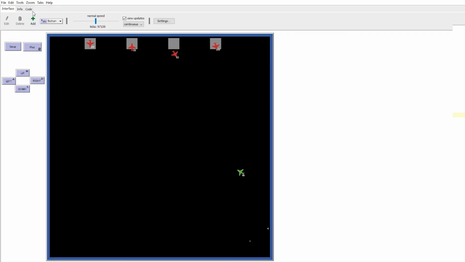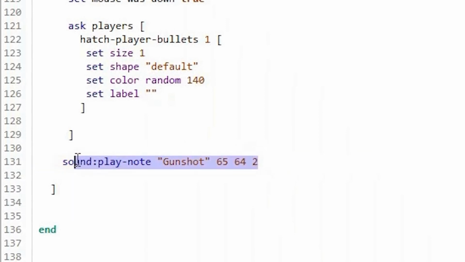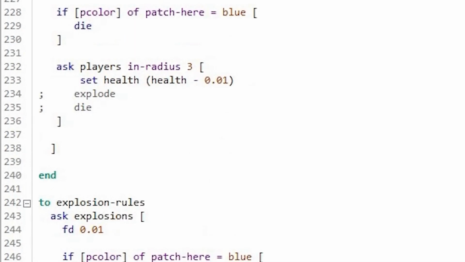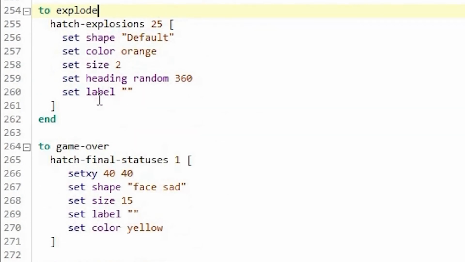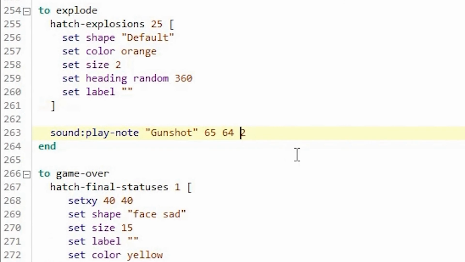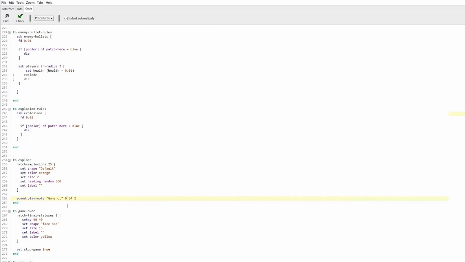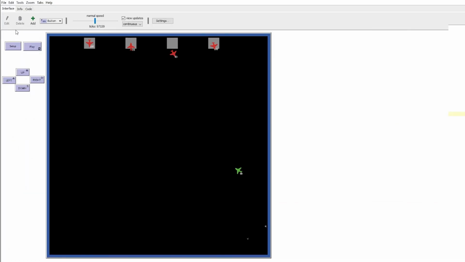And we are going to further improve this code by using a sound whenever there's an explosion. So that means in this explode procedure also we are going to play a sound, but I would like to play a low note because it's like an explosion. It should be a lower sound, like low means low pitch sound compared to the high pitch bullet sounds. So I'm going to use 0, and whenever there's an explosion, it will play this gunshot sound. Now let's try it again.